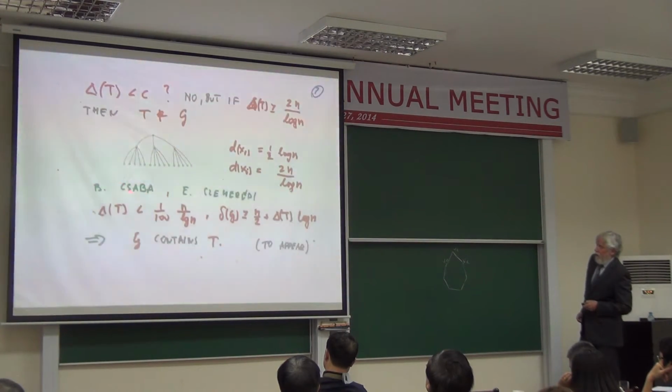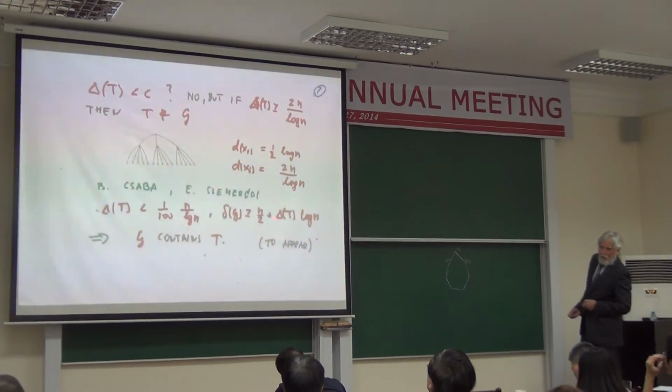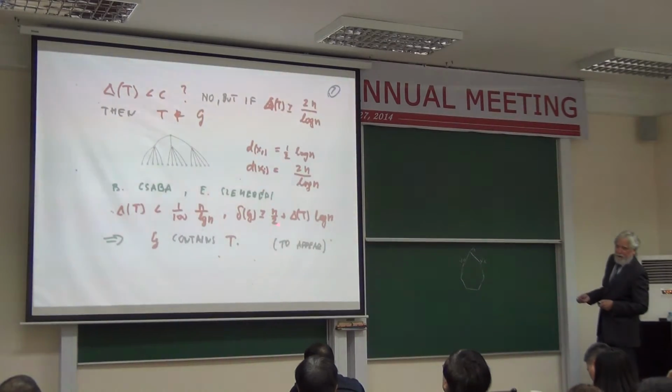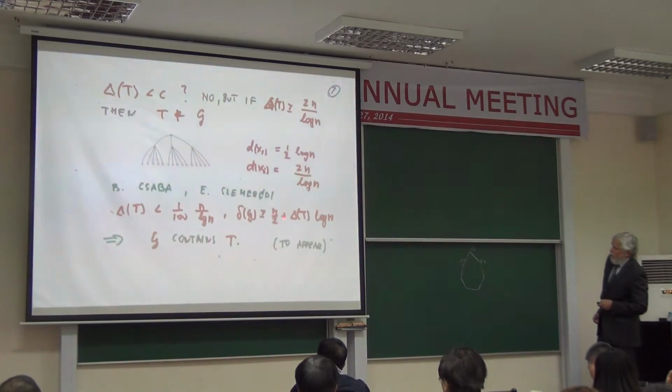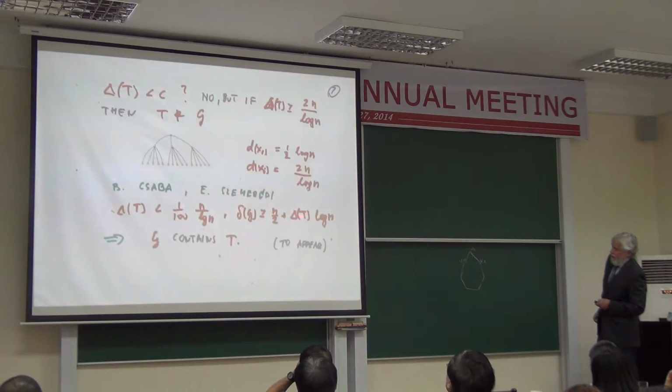And then what we proved with Viraraghavan was the next question, whether we can get rid of the epsilon. And yes, we can get rid of the epsilon, namely, if the minimum degree is bigger than n over 2 plus delta(T) times log n. Of course you cannot get rid of n over 2, because already for the 1-factor we have this threshold, n over 2. You see the error is proportional to the maximum degree times log n. And if the maximum degree is this large, then of course this is n, you cannot say anything more. So that is tight, and of course the maximum degree is constant.